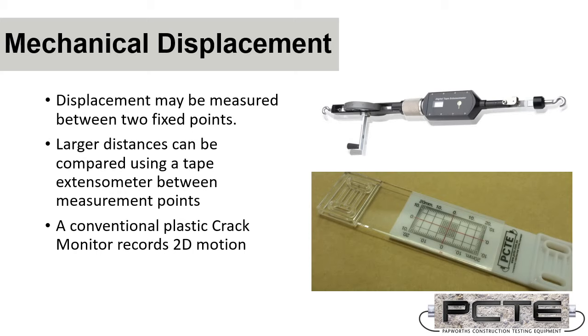So let's begin right at the most basic tools. These are tools that can be used simply by visiting site and taking a measurement, or leaving some reference points on site so that an operator can return and physically measure the distance between them. For displacement, that could be something as simple as crack monitors or telltales, the simple plastic gauges you can see on the right here, where they are glued across a joint or a crack and will show motion from a 0 point